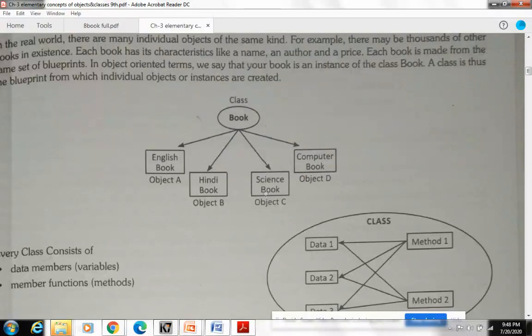But these all are considered to be books. So they can be taken in one class, because a book has pages, page numbers, right? A book has an author name. Every book has an author name and page numbers. So these things are similar. So similar kinds of objects can be considered in one class. So you must learn this part.